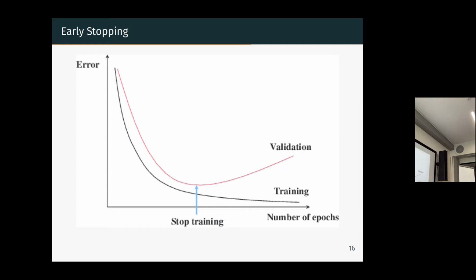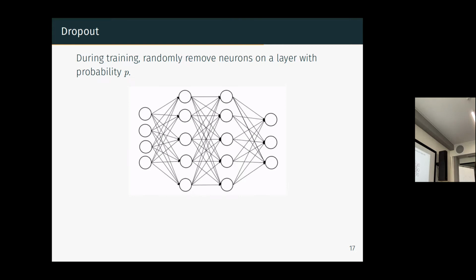This is always used. Of course, I exaggerate a bit. It's not always, it's very, very often used, 99% of the cases. So stochastic gradient is always used. Early stopping is almost always used. L1 and L2 are not always used, but could be used as regularization parameters. Okay, another very popular one. It was very popular last year or two years ago. I don't know if it's still the case, but I think it is.